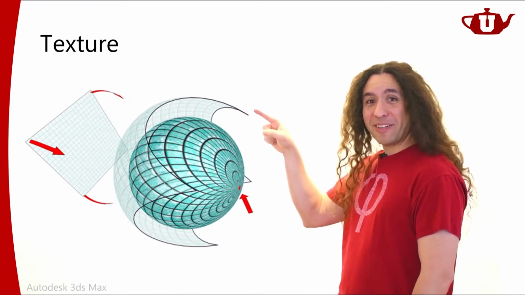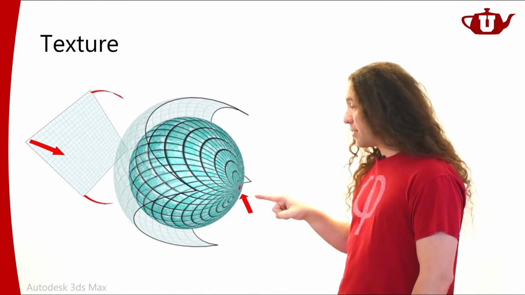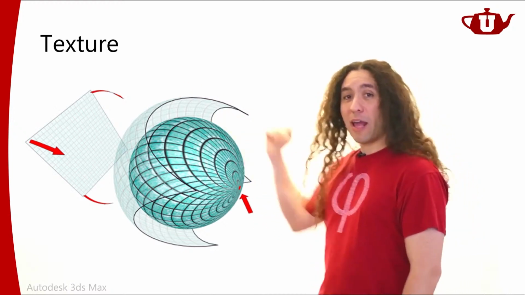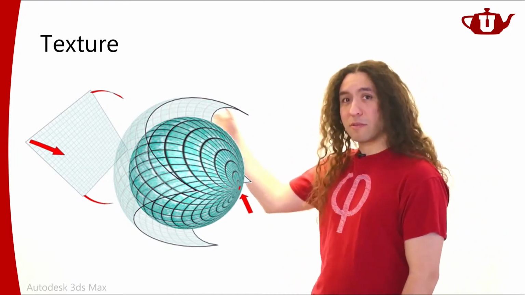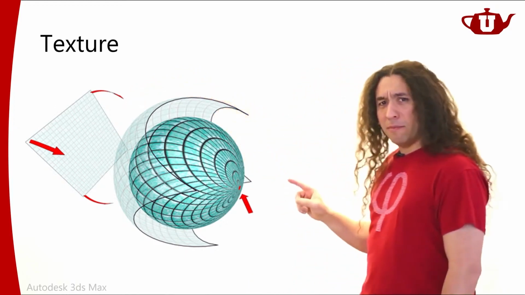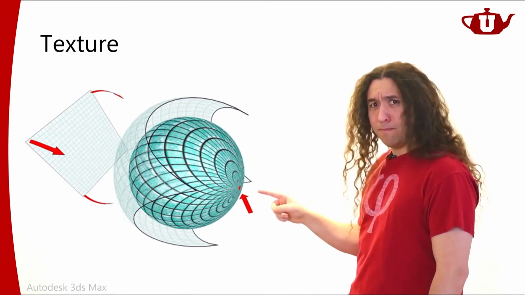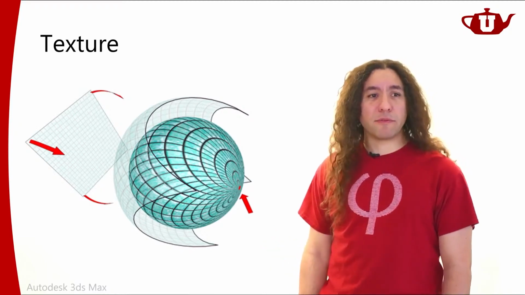But then you have quite a bit of excessive stretching here, right? So all the edges collapse to a single point. So you're going to have maybe too much resolution around here. On the other end, you're going to have probably not enough resolution. Or if you have enough resolution on the other side over here, then you're definitely going to have too many texture pixels down here. So yeah, that's another way of doing this.